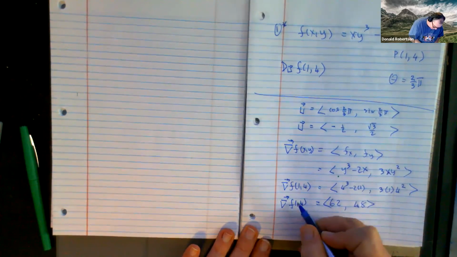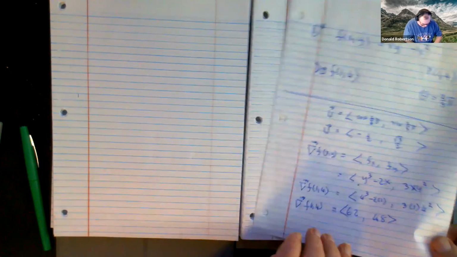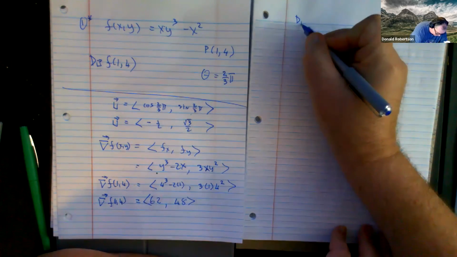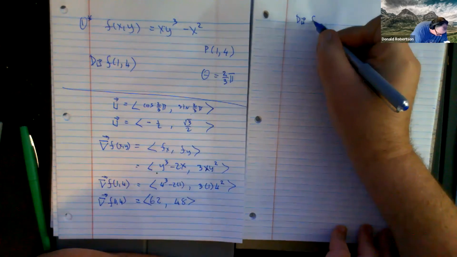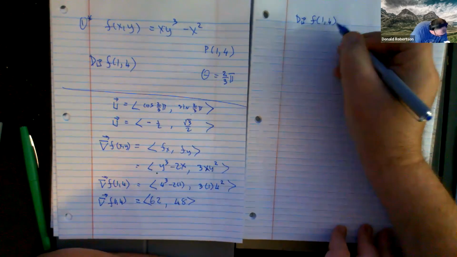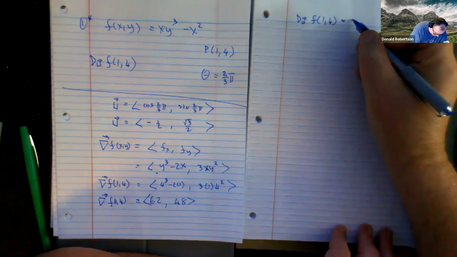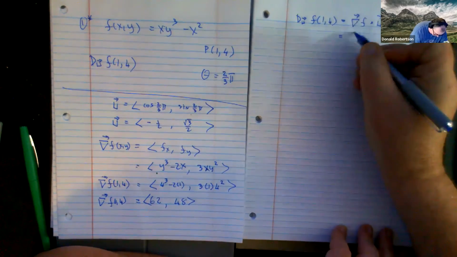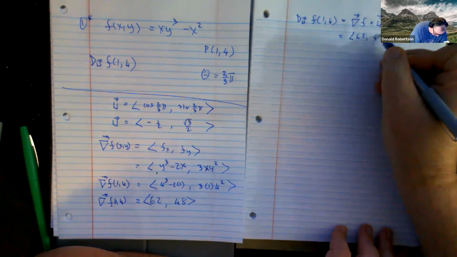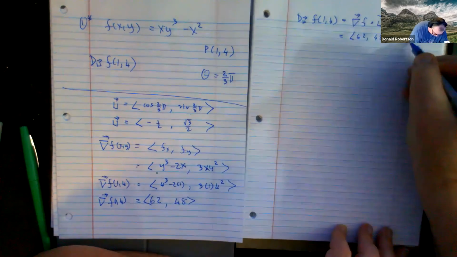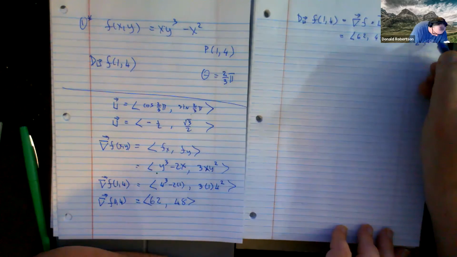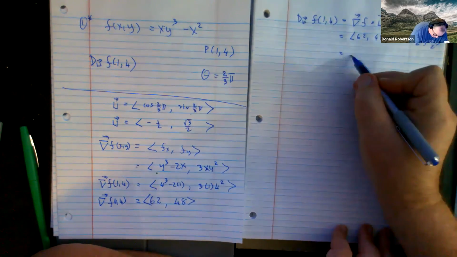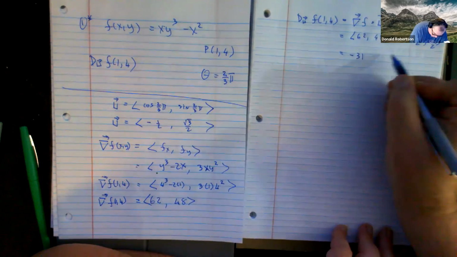And there is our gradient guy. And to get this one, it's going to be the gradient vector times the unit. So it's going to be this ugly guy and a dot product with this guy. So what do I get? I get -31 when you multiply those, and I get